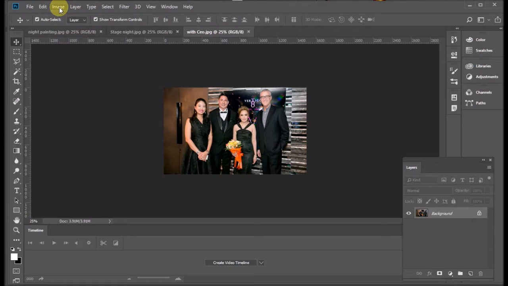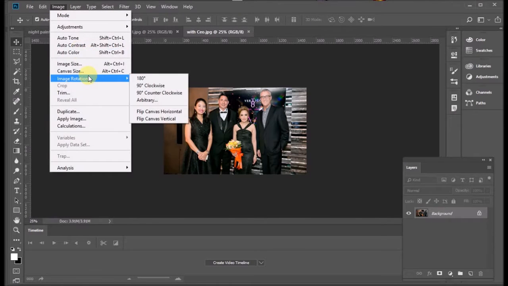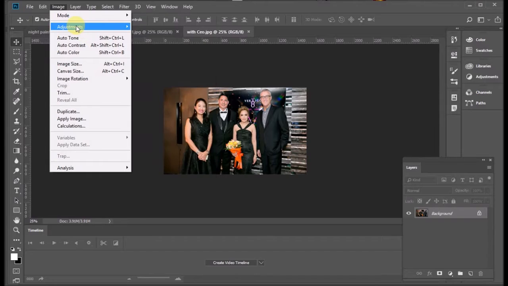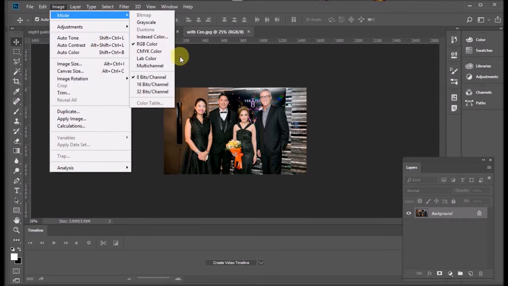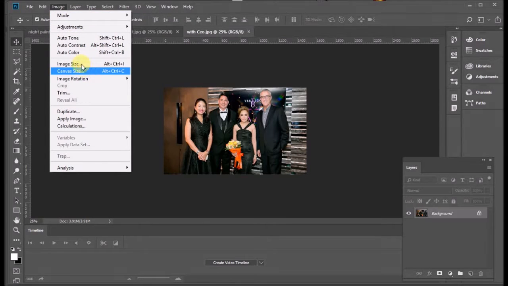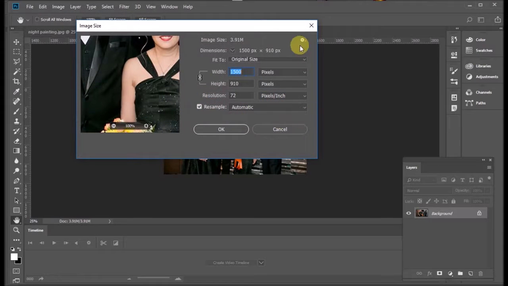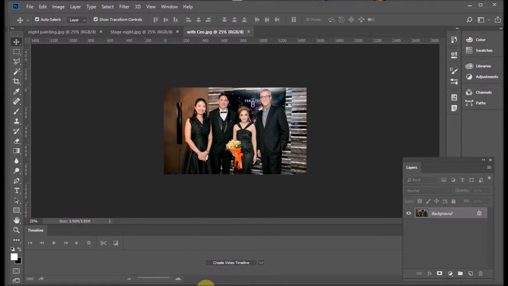I'm gonna tell the slider, we're gonna check on the image size first, and it's 1500 by 910, and I believe all the pictures are 910. So let's say this is the size that we want for a slider, and we are 100% sure this is what we want. We will go to here, put 910